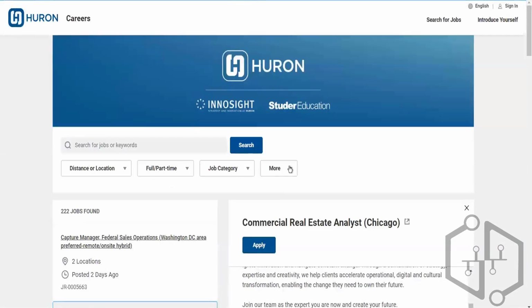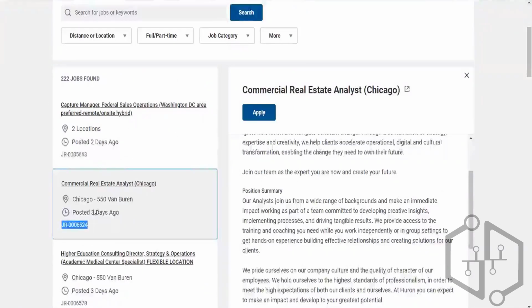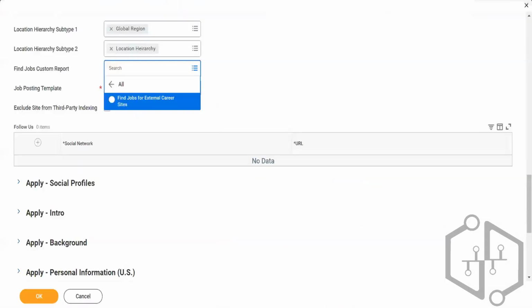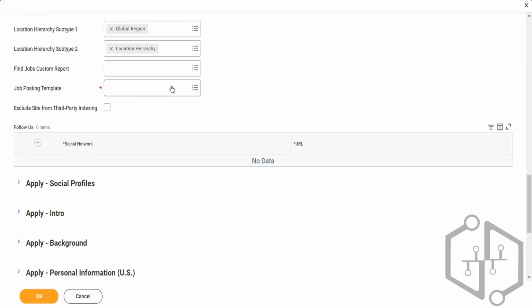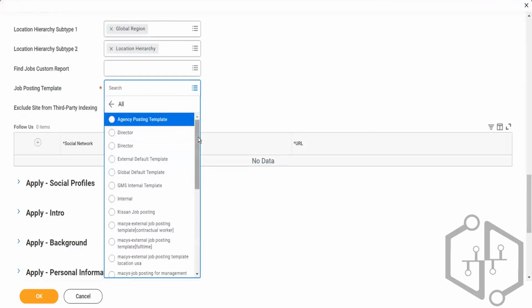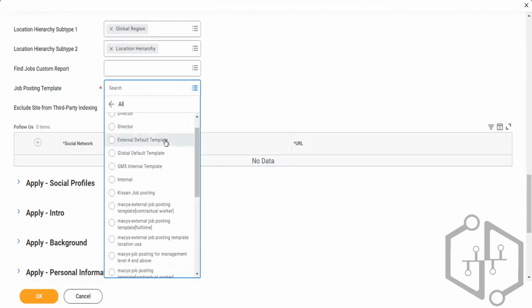It gives us these filters, and it also gives the details over here, like what details for the job would be given in a summarized way. The JR code, when it was posted, the location, and anything else. Then comes the job posting template. So if I click on it,